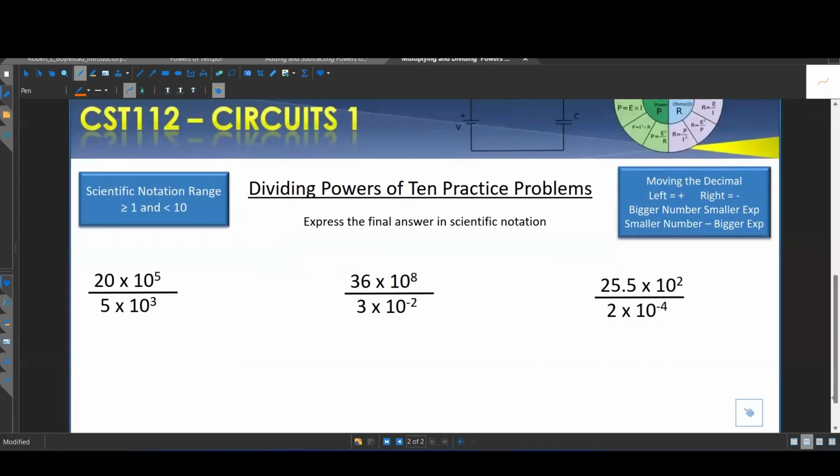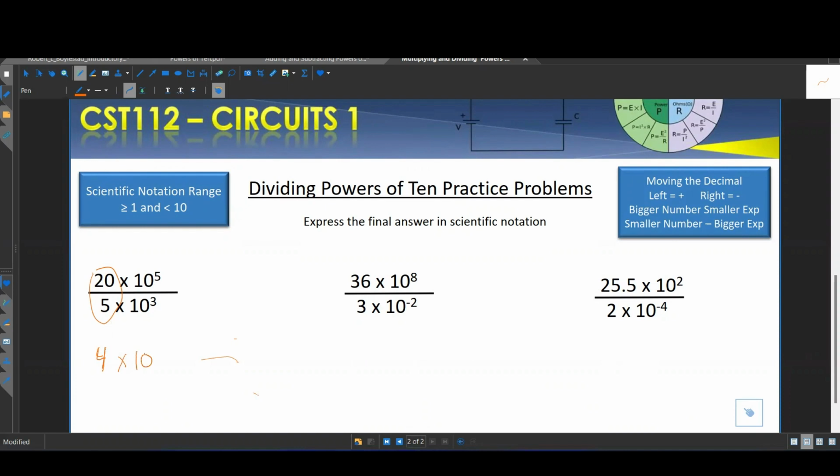All right, so let's take a look at some dividing examples where the numbers have a power of 10. Dividing numbers that have a power of 10 is the opposite of multiplying. So instead of adding the exponents, you're going to subtract the exponents. You still perform the same basic calculations with the 2 outside numbers, but instead of multiplying, now you're dividing. That's straightforward. So 20 divided by 5 will be 4 right here,